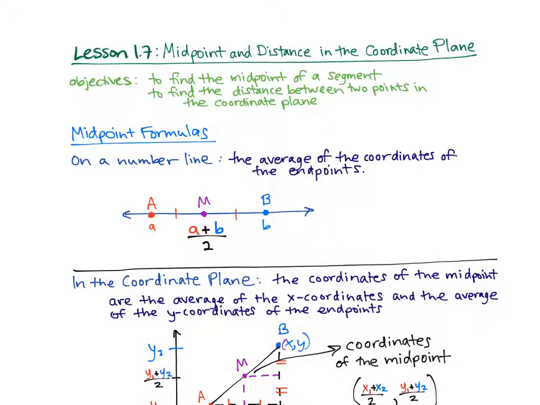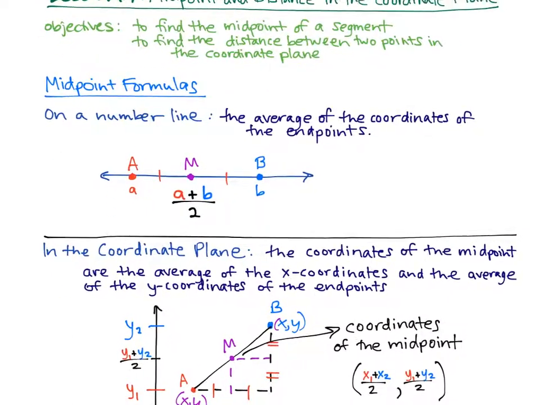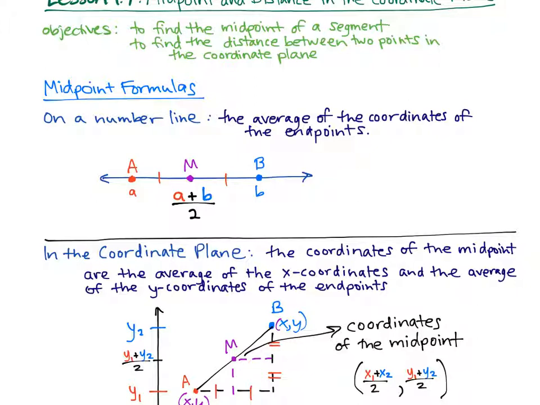This is the video for geometry lesson 1.7, midpoint and distance in the coordinate plane. So we're going to start with midpoint of a segment. To find that, there's actually two formulas, one on a number line and one for in a coordinate plane. So starting with the midpoint formula on a number line,